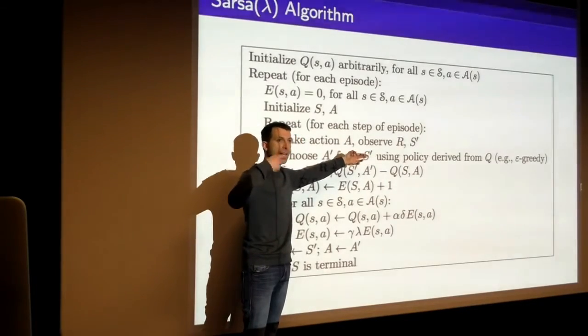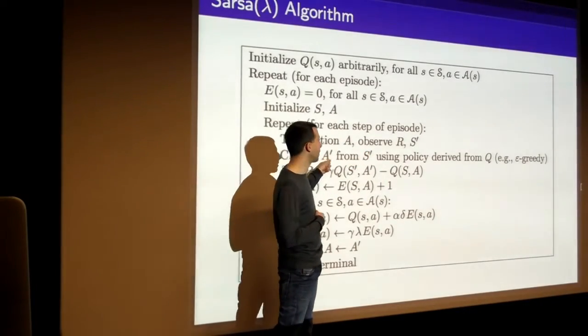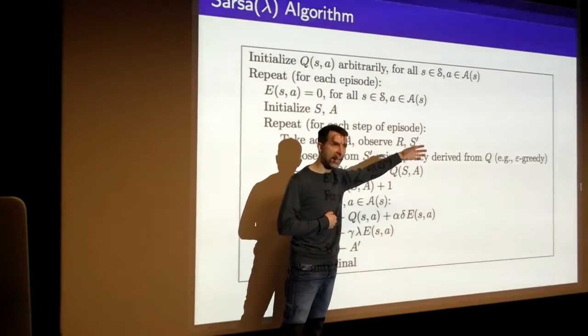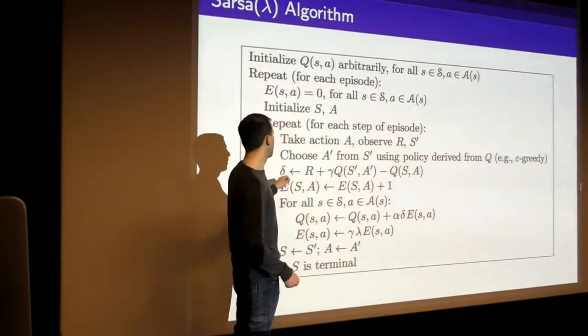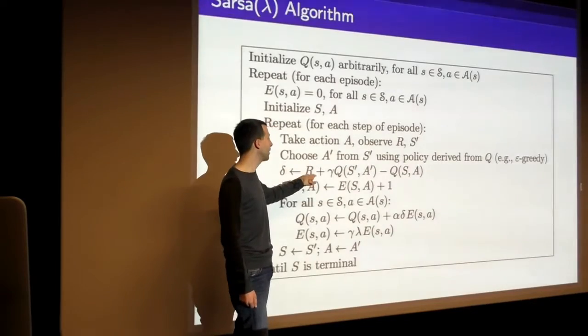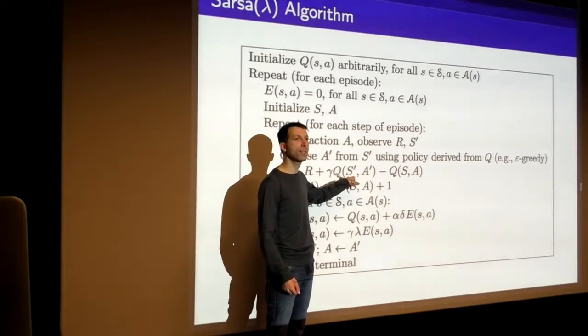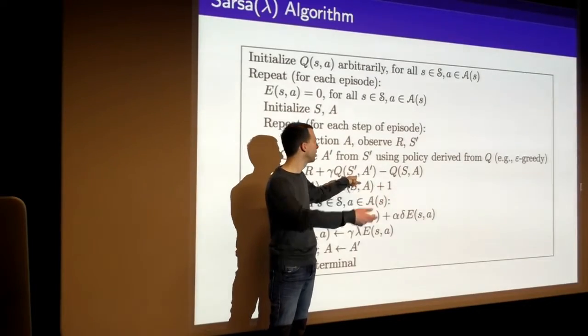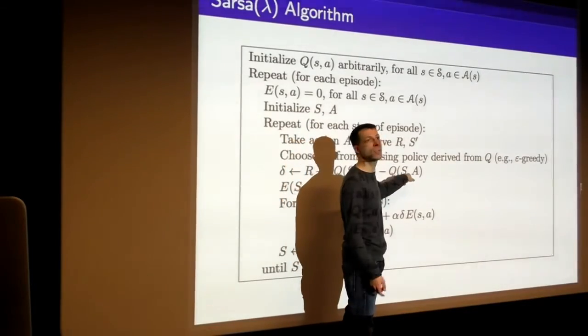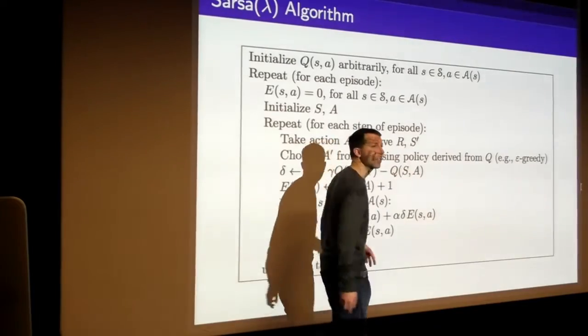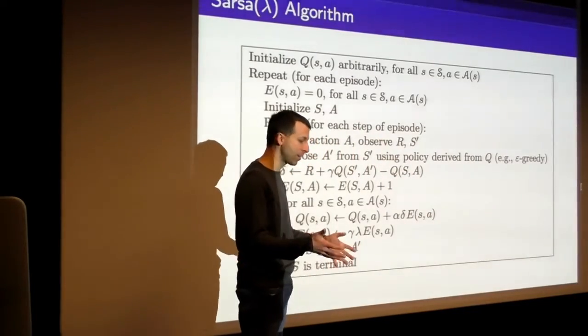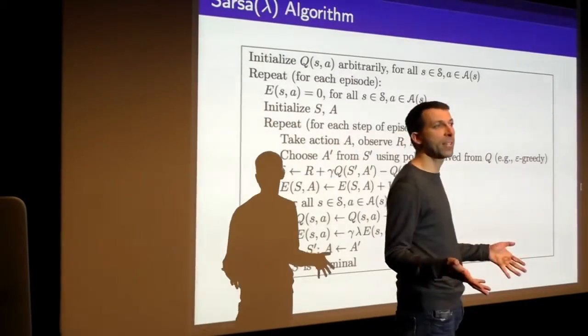We're again on policy here, so we pick our action from our policy, for example, acting epsilon greedily. We compute our TD error, so we look at the difference between the reward plus the Q value of the state and action I ended up in, compared to my previous estimate. This is just the one-step error between what I thought the value was going to be before and what I think the value is going to be now.